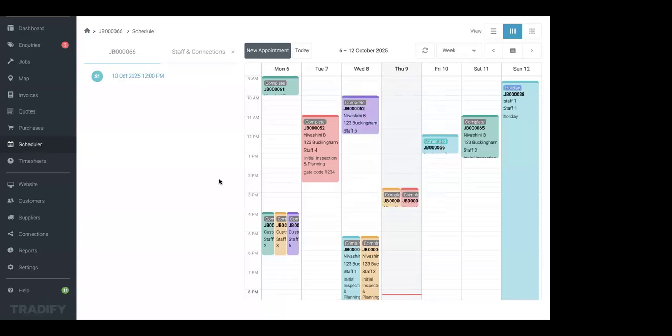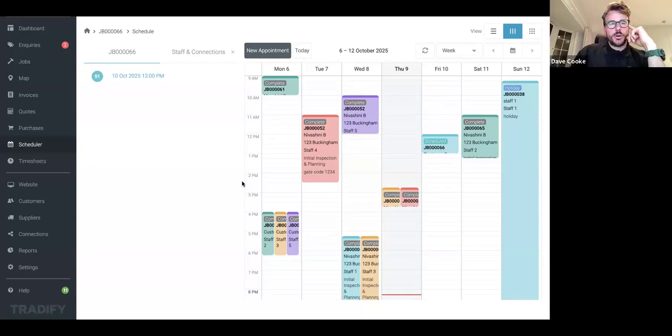Thank you. We've had something come through saying that they have roughly the same size business as you, using the tasks in the job section so your employees know what is required on each job. If so, what is your workaround since you can only add one task per appointment? So